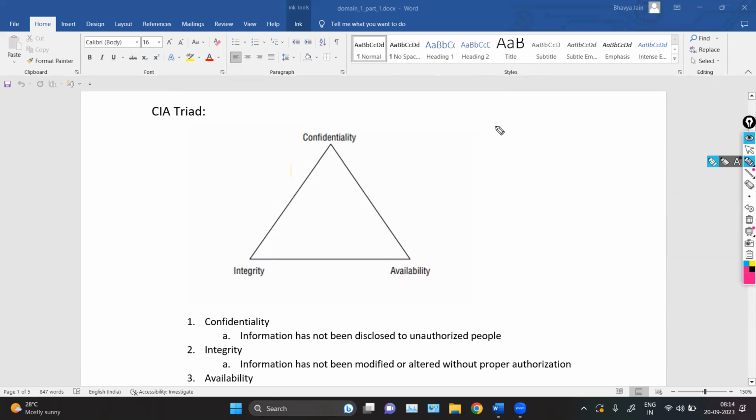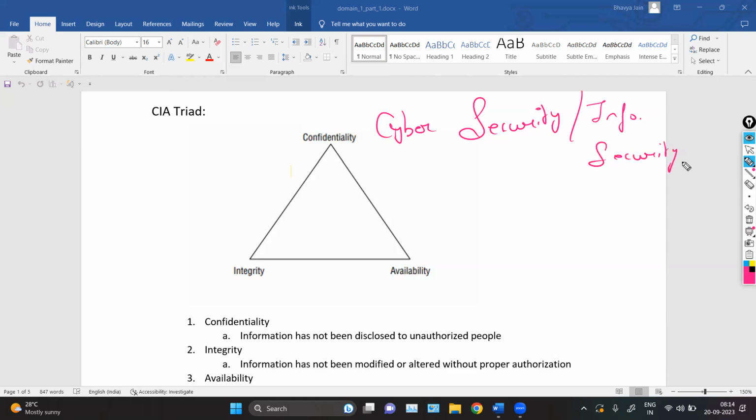So there's one more thing, which is security. See, cybersecurity, or we can say information security, anything. So cybersecurity or information security are basically the same. Or we can say cybersecurity is a concept which we can theoretically apply, and information security is the concept which we can practically apply. Basically, both are the same. And cybersecurity is more like a domain of the IT field.